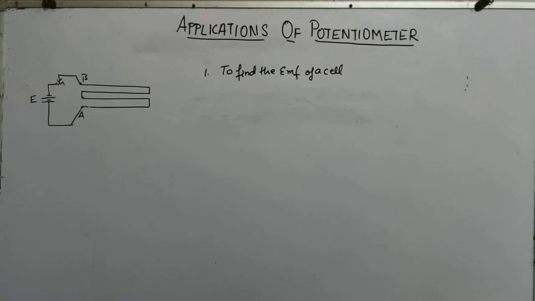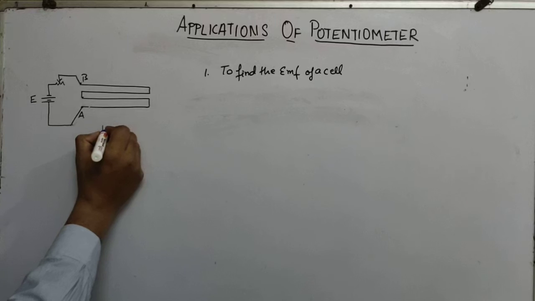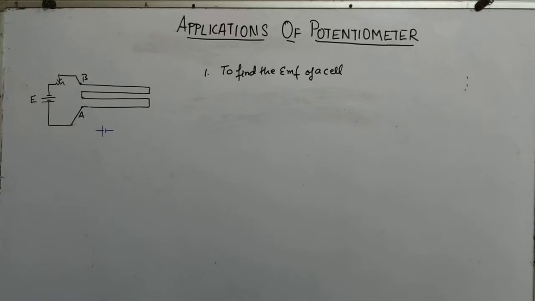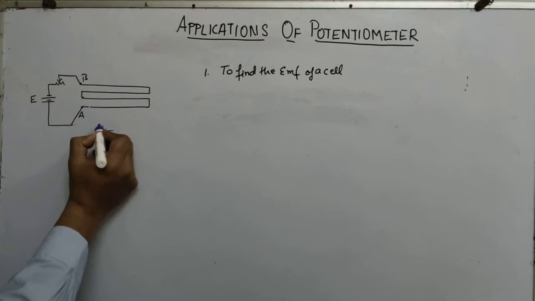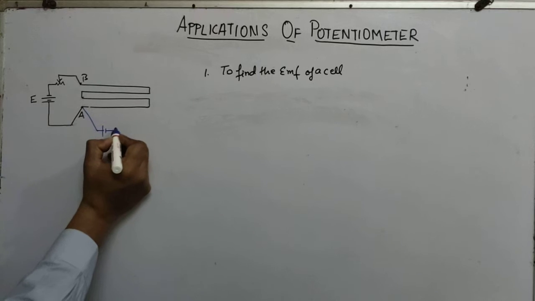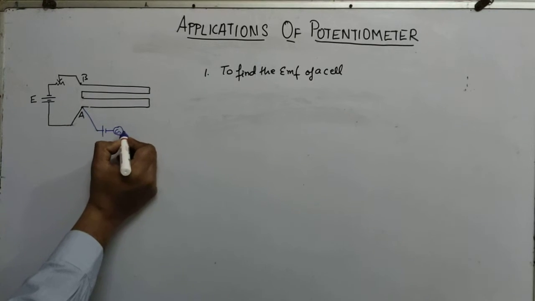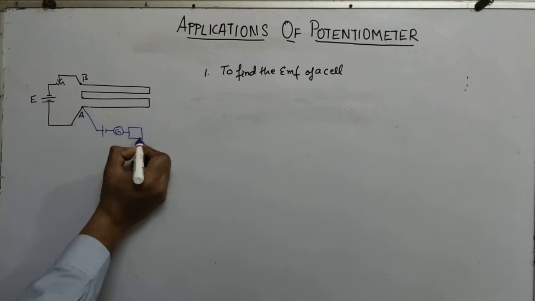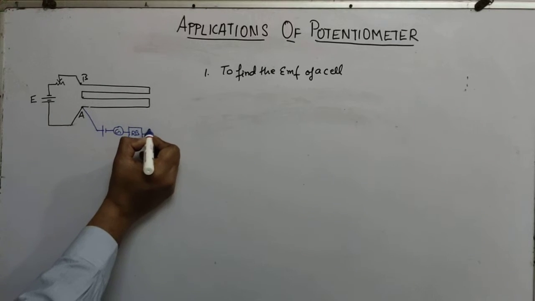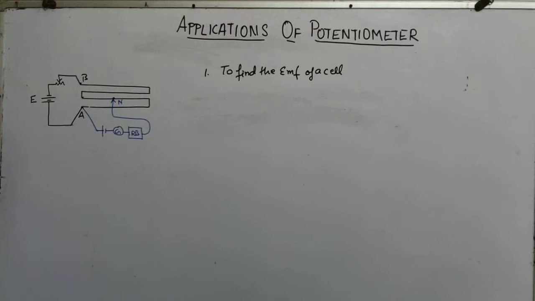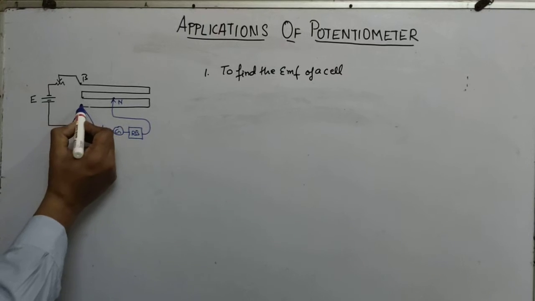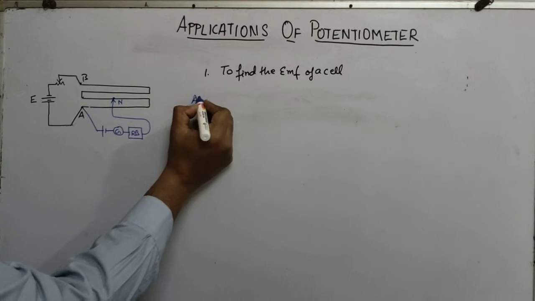Say, this is a cell whose EMF is known to us. So what we do is, we connect this cell in the secondary circuit, that is, we connect the positive terminal of this cell to A, negative to galvanometer, then a resistance box, and then a jockey, and we find the null point. Say we get the null point at point N. Now, if we are getting a null point at N and say the distance from A to N, this AN distance